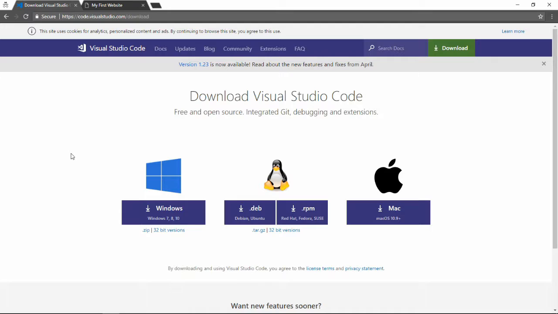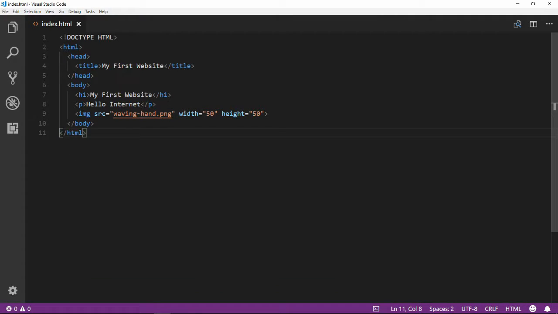So I've already downloaded it, so if I open it up, it looks like this, and you can see I've opened the index.html file from our last video, and you can see it looks a lot different and a lot more readable because it's got this auto syntax highlighting that's showing me what are tags, what are attributes, what are values, and it's just a lot nicer to work with. So we're going to be working on this today,